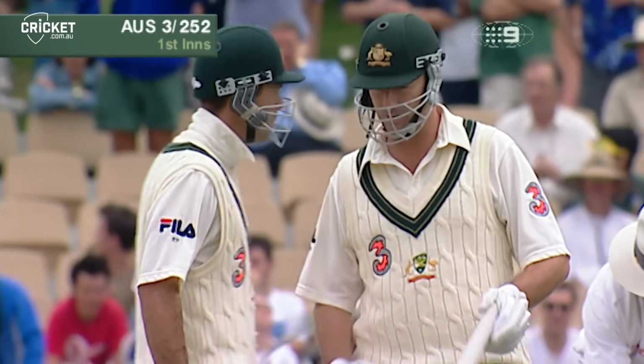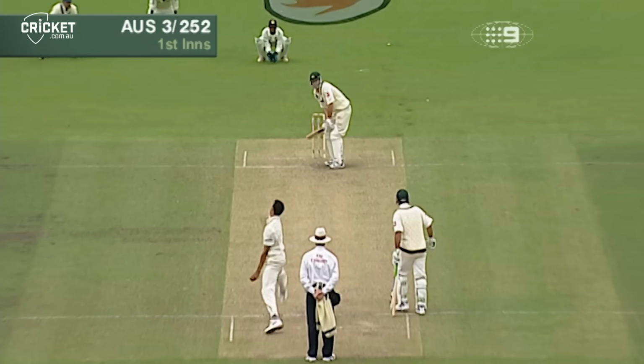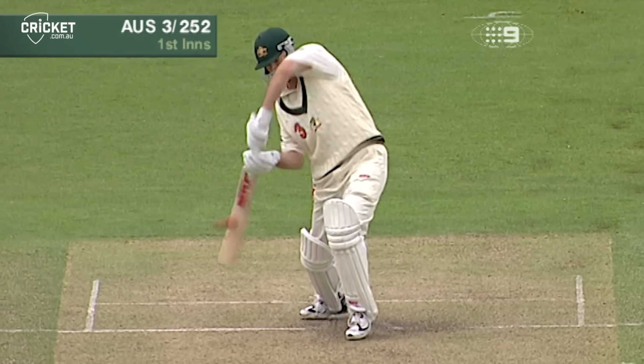Steve Waugh is very aggressive when he first comes out. He's been through a bit of a slump now, just been feeling his way. They've been bowling quite well, but now once he gets a couple of shots away like that, a drive or a back foot shot through the offside, he's away. You start giving a bit of room and a bit of width, he'll really...